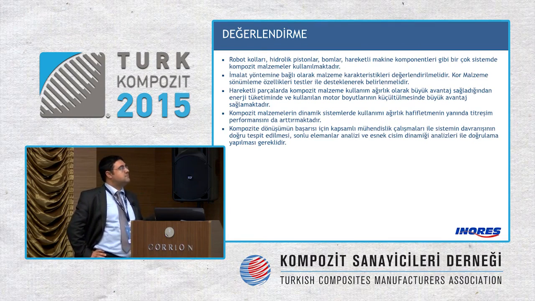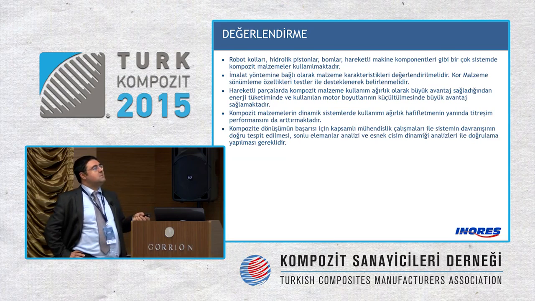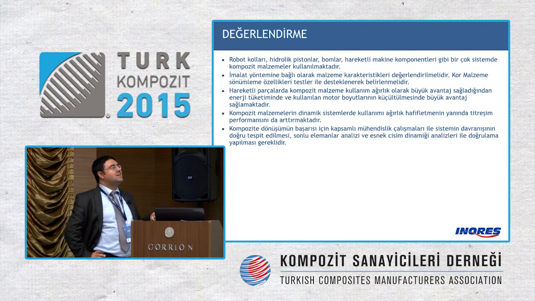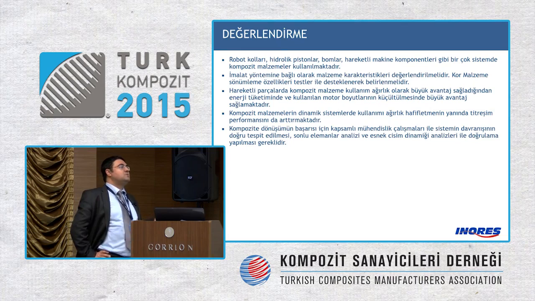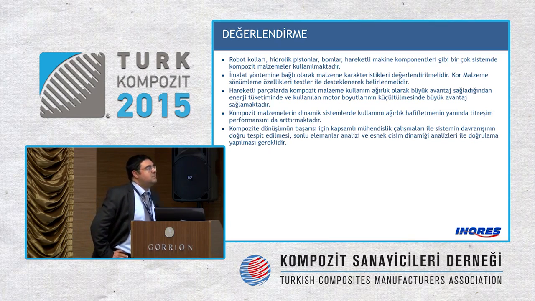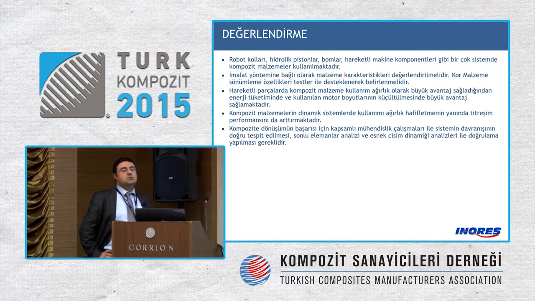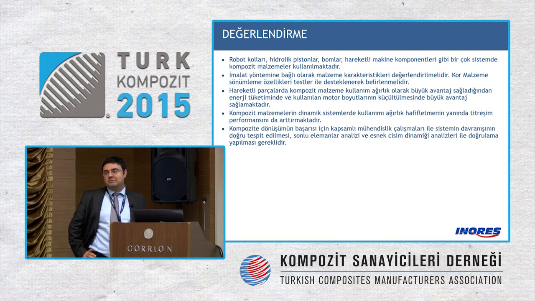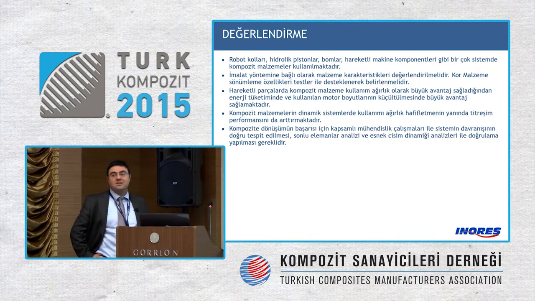It should be assessed together with the material features. The moving parts will be advantageous if we use composite materials because it will get less heavy. It will get lighter, and the composite materials